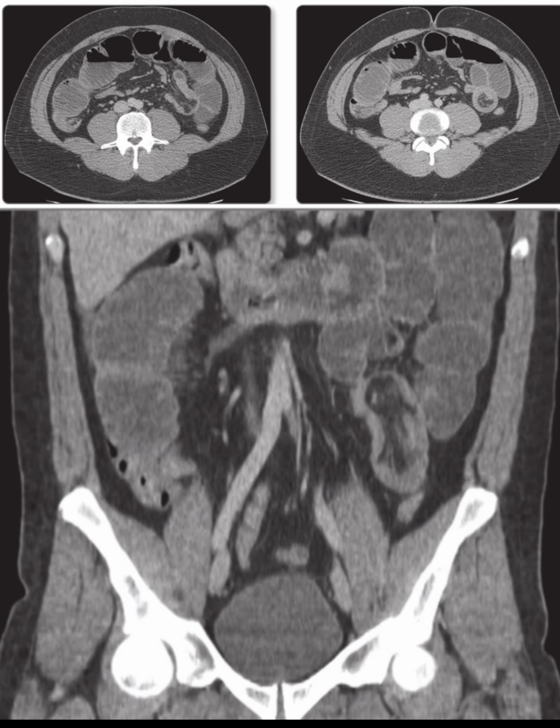Next, moving on to the CT images, we can clearly see multiple fluid-filled loops of small bowel, which correlate with the findings from the plain radiograph. But what really catches my eye is this target sign visible in the left side of the abdomen, just above the pelvic brim. This appearance is characteristic of intussusception, where one segment of the intestine telescopes into an adjacent segment,